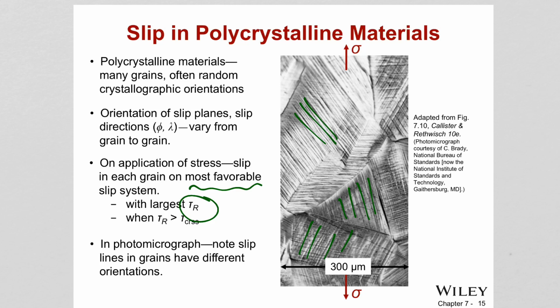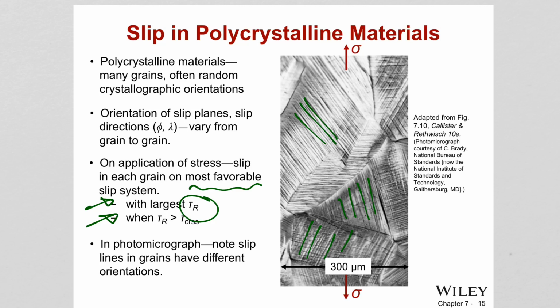When the maximum resolved shear stress is bigger than the critical resolved shear stress, then the slip happens, because the maximum value of that resolved shear stress increases the probability that it is bigger than the critical resolved shear stress. Those are the conditions that make the slip planes favorable, and on those slip planes